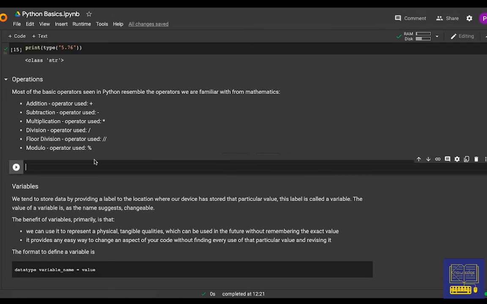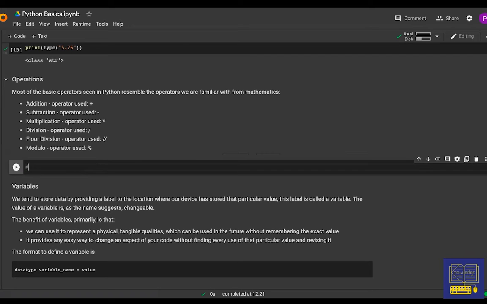Now, something that I need to explain to you is what we call comments. If you know any other programming language, you know what a comment is. For those of you who don't, a comment is basically a way to write something for yourself in the program. Sometimes when you're writing a lot of code, it is very easy to forget what part of your code performs what action. So you write comments so that when you come back to your code after a while, you can understand what your code actually does. All of this is completely ignored in the program, and this is just for you or the reader.